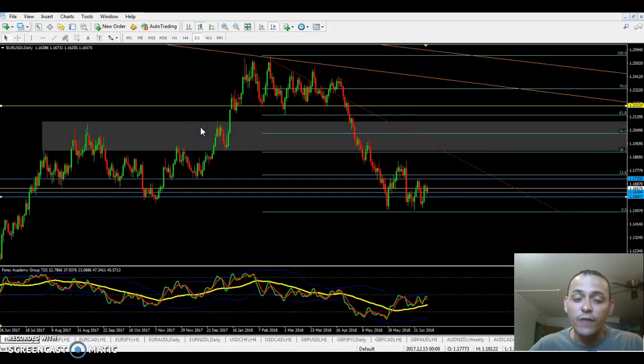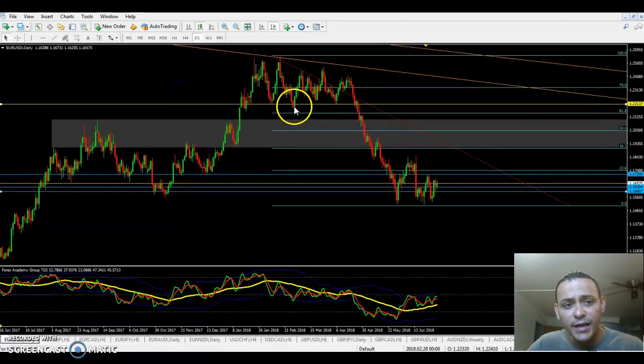Normally, whatever happens on the left side kind of mirrors what happens on the right side, but it doesn't always happen that way, okay? The market is not perfect. So you've got to go based on what the market throws at you, all right? But yet again, like I said, there is a